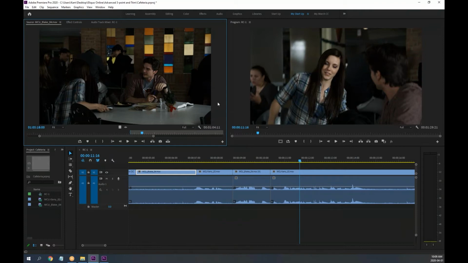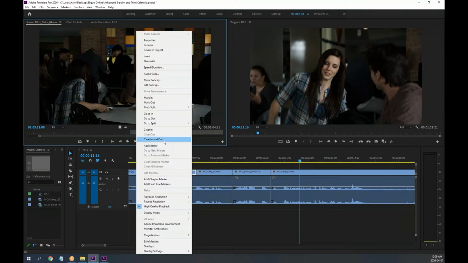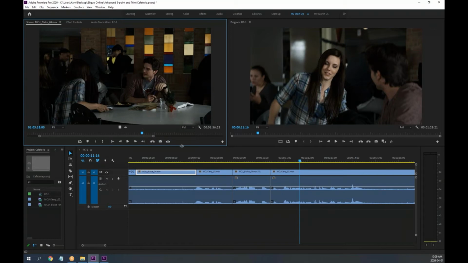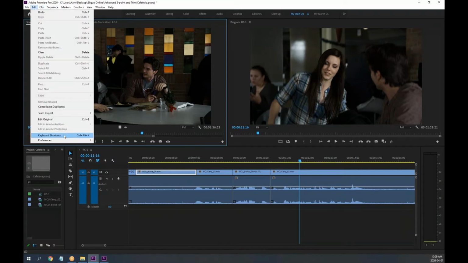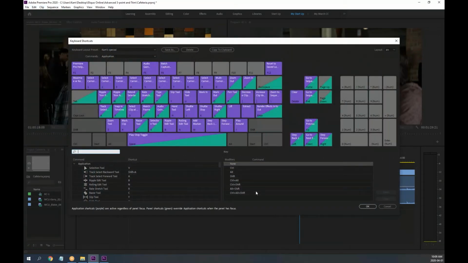Now they're independent, just like normal Premiere. By the way, I need to get rid of my endpoint. So if you're doing these sorts of things, you need to create a set of shortcuts to get rid of the endpoints rapidly. For example, I'm going to go to Edit, Keyboard Shortcuts, and to remove the endpoint,